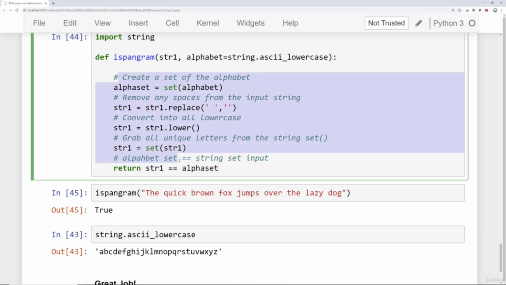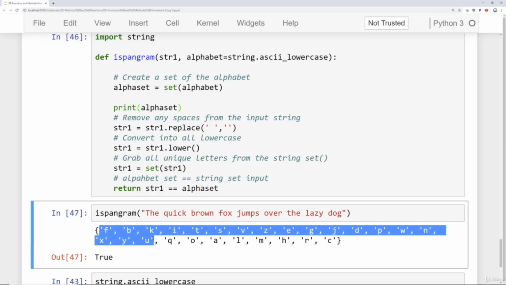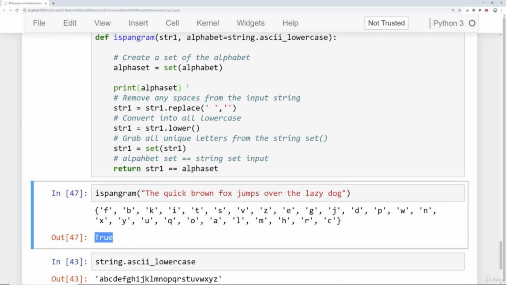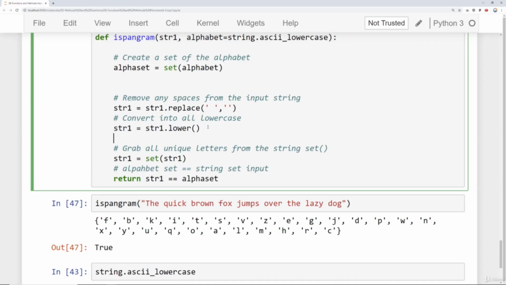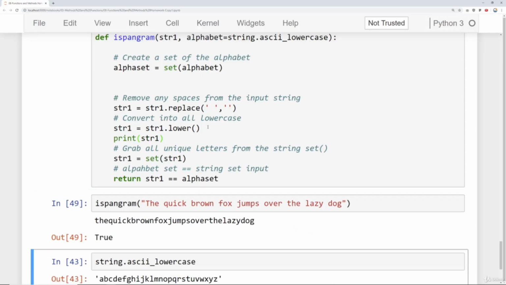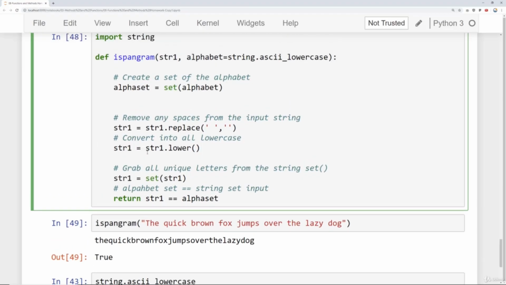And if any of these steps happens to confuse you, a really nice way to visualize things is with print statements. So if you maybe aren't clear what alpha_set is, you can simply print it out when you call the function, and when you run this, you'll get to see that entire alpha set along with what is being returned. So you can use that at any point in time. So let's say you're confused what step you're at right after this, you'll simply say print(str1), and this is a really great way to learn as a kind of beginner. So now we can see at this point in time, everything's lowercase and there are no more spaces. So I highly encourage you as you're learning to use those sort of print statements to help you kind of debug or understand what's going on